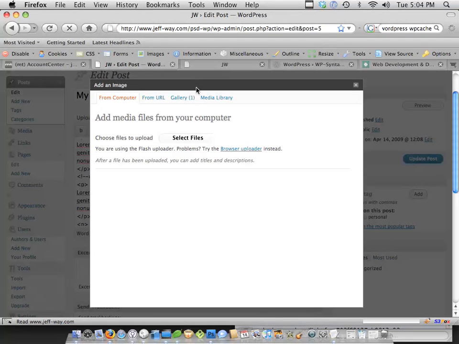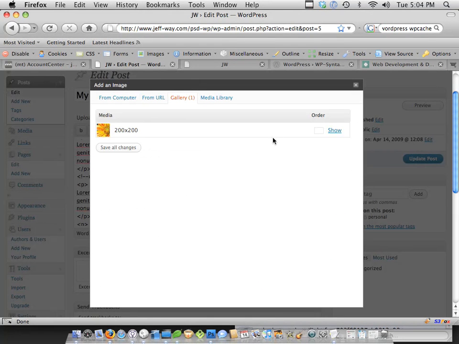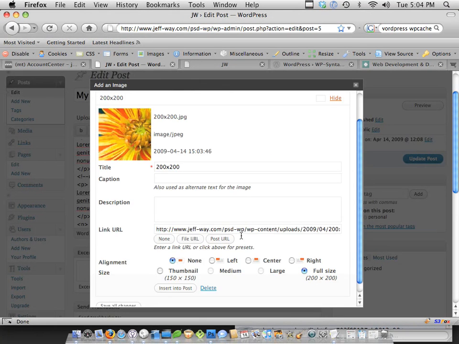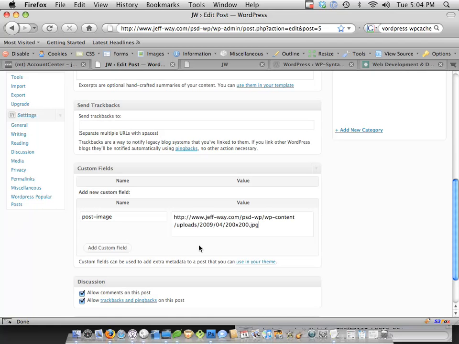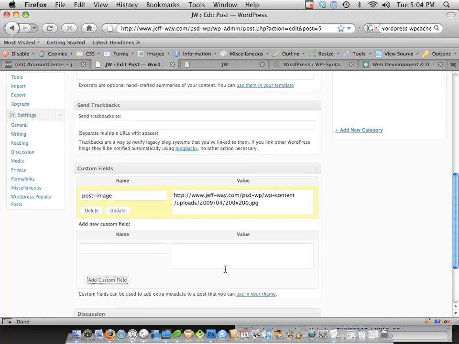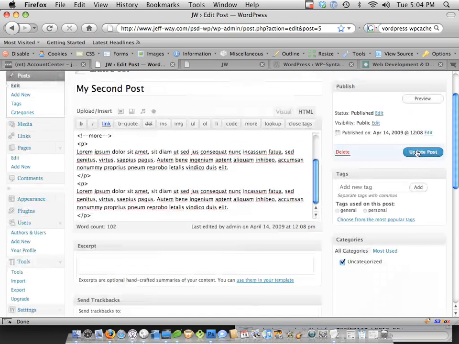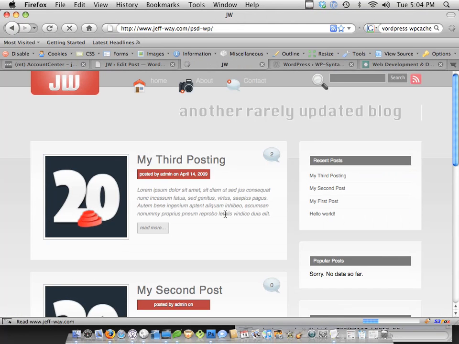Let's go back and get it one more time. From the gallery, show, copy that. We can do it relative or absolute, so add custom field. And now let's update the posting. If we check, nothing is going to change just yet because we haven't added any code, but we'll do that